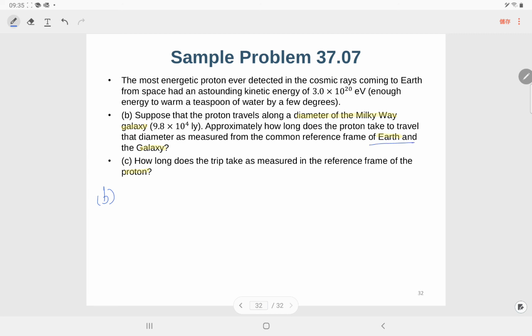So relatively stationary. So actually we need to use the dilated time, rather than the proper time, because actually suppose